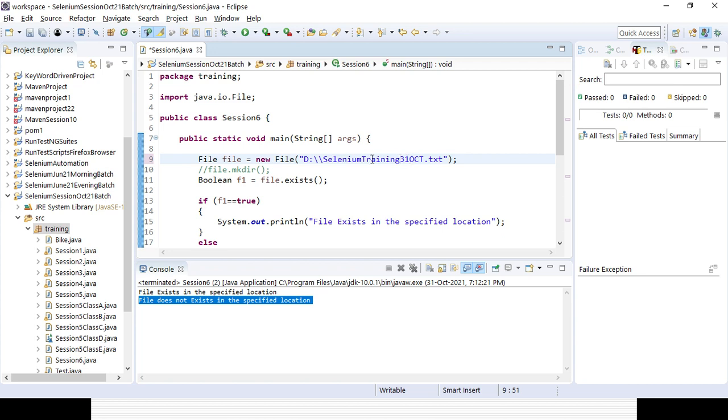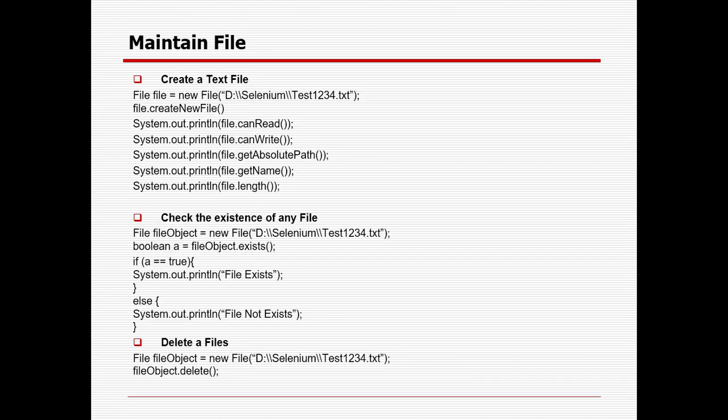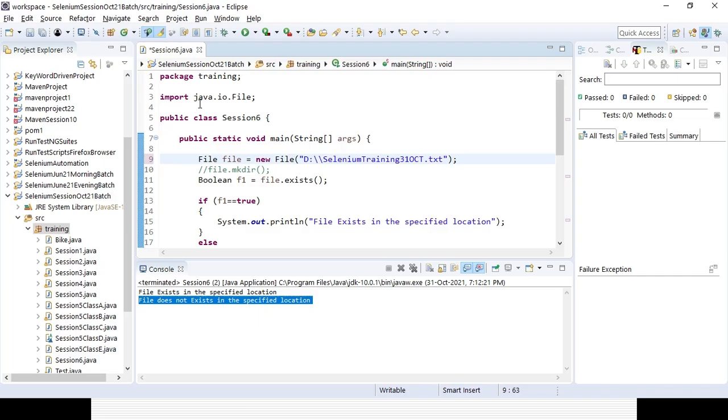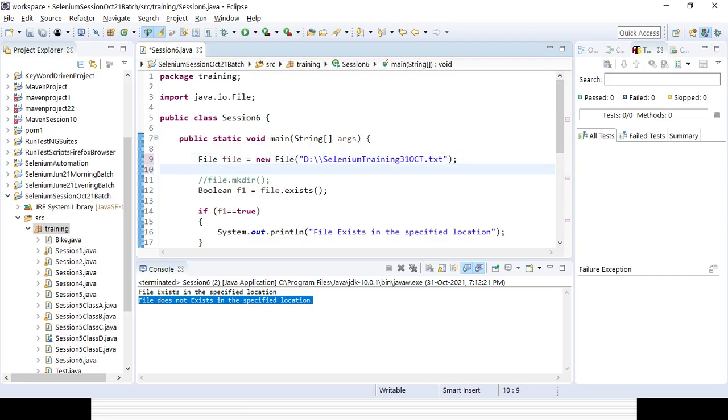After that, you are giving the path of the file here, right? This is the path of the file. So in the D drive itself I want to create it. After that, if you want to create a file, what is the method you need to call? We create new file, right? So try to create a new file here. You need to use that File class dot createNewFile. You can see here, createNewFile.